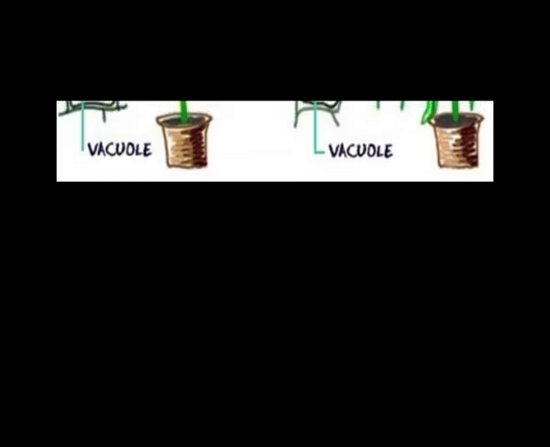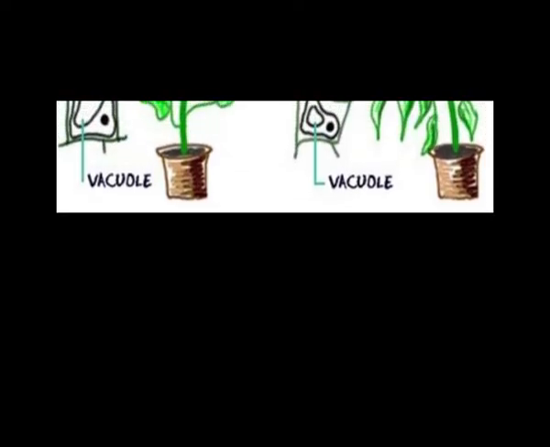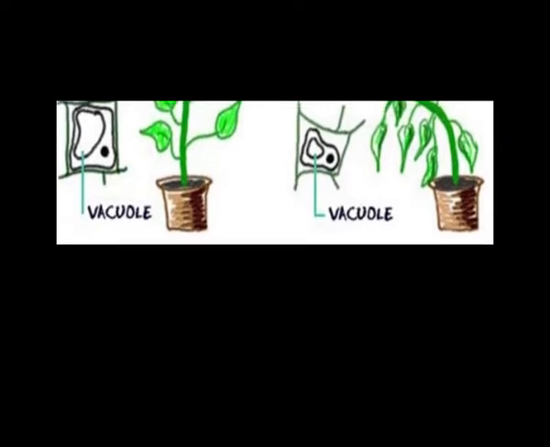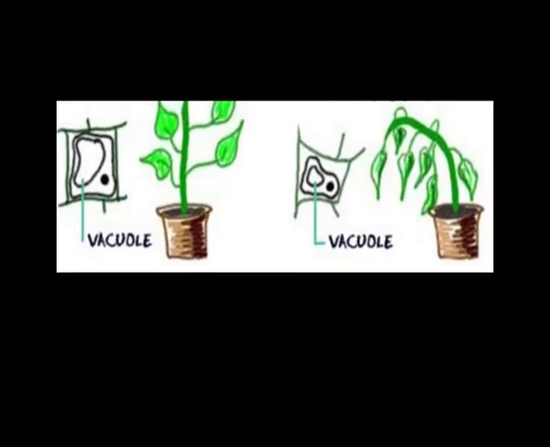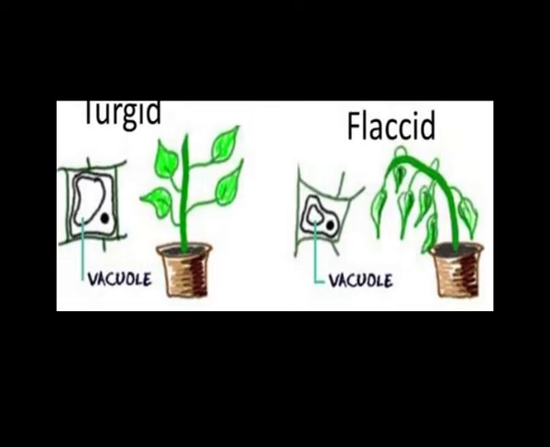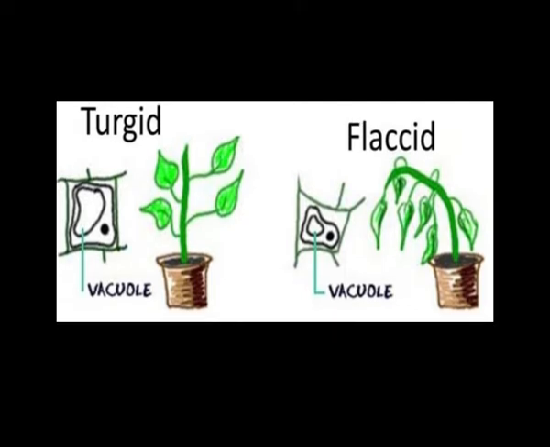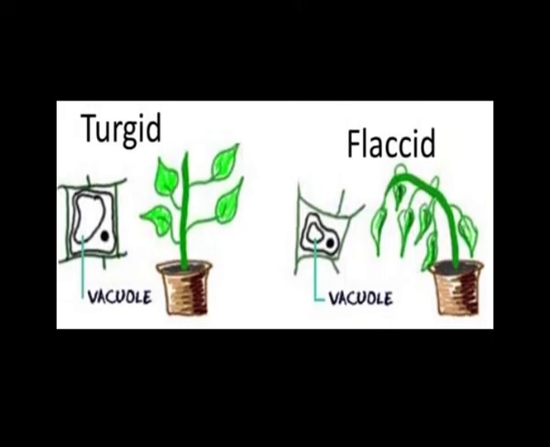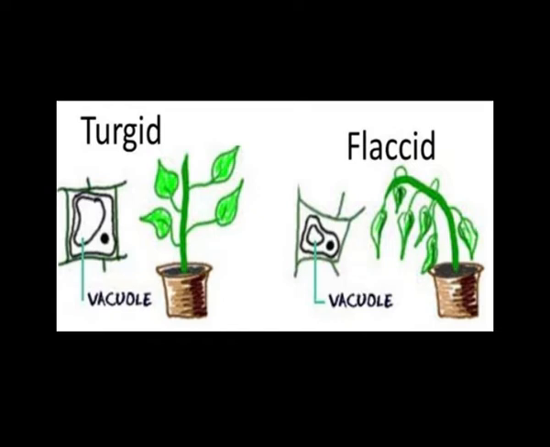Wilting of the leaves is usually noticed when a plant is exposed to the hot afternoon sun, when the amount of water lost during transpiration is more than the water absorbed through the roots. Now, in the evening, when transpiration is reduced, the quantity of water absorbed exceeds the loss of water through transpiration, and turgidity of the leaf cells is restored and the leaves again stand out. So this is how turgidity provides rigidity to the soft tissues to withstand these conditions.